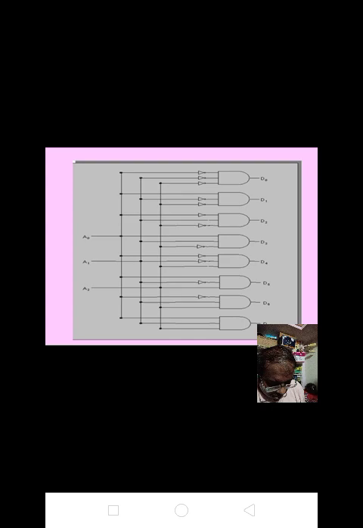S2, S1, S0. Okay, all of you draw the diagram. If you have any doubt, you can draw this diagram also. Please take a snapshot of this, or else I will send it to you with the help of WhatsApp also. Okay, please have a glance of it. It is the 3x8 decoder circuit, 3x8 decoder logic diagram. Okay, please draw fast.